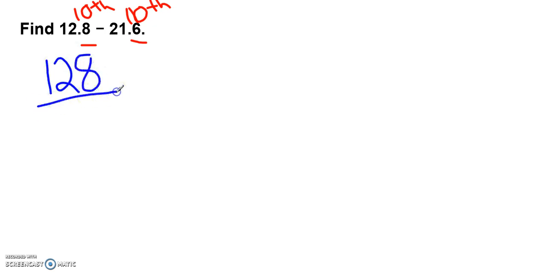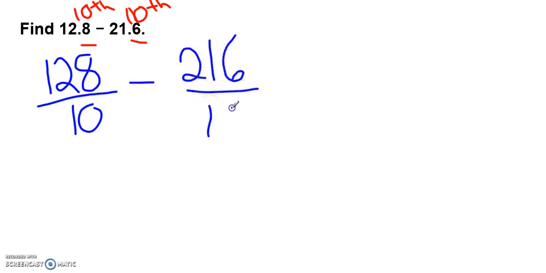Okay, and now it says find 12.8 minus 21.6. As usual, I don't really like that these are in decimal form, so I'm going to make them into a fraction. That's the tenths place, and that's the tenths place as well. So I'm just going to write that up there. Then you write the top number of the fraction, the number that's shown without the decimal, so it's 128 over 10 minus